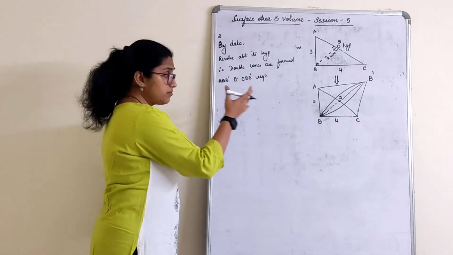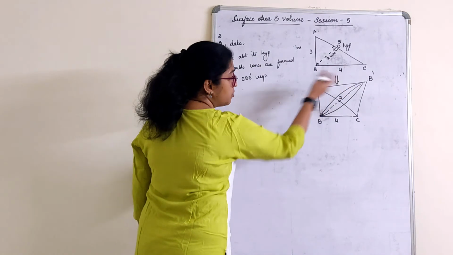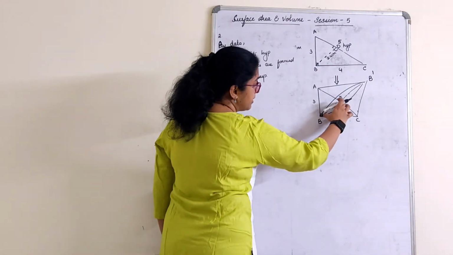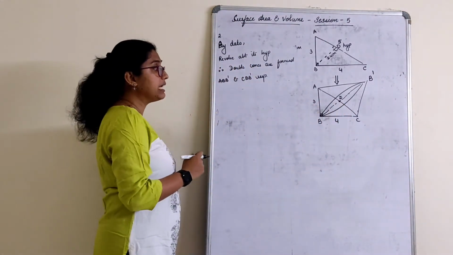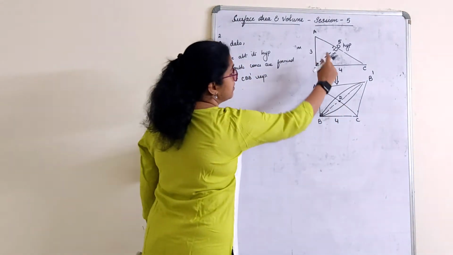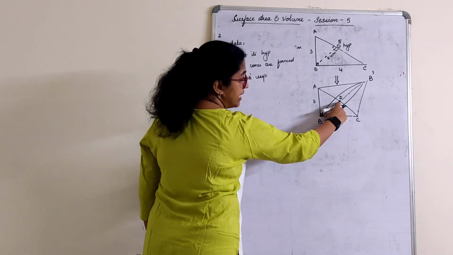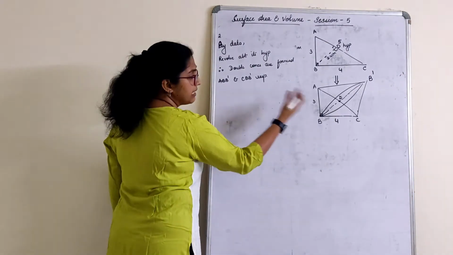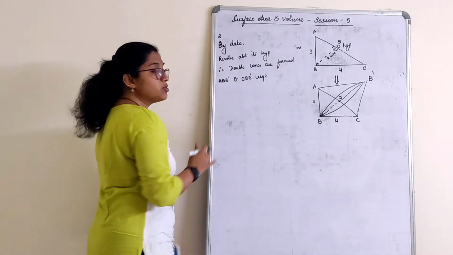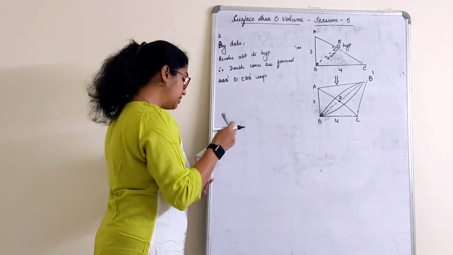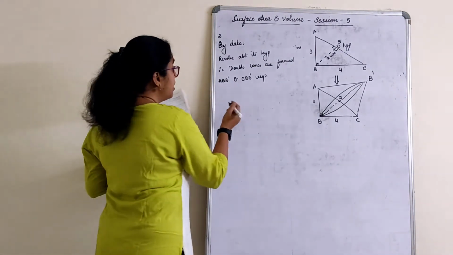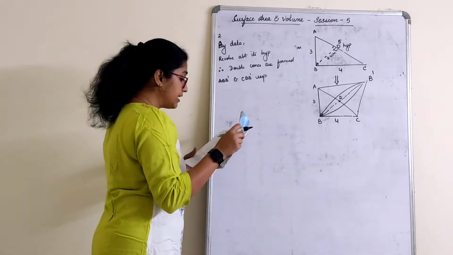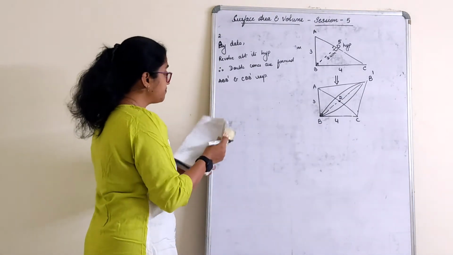When I talk about the first cone and second cone, I know the radius part here. BD we know. What is BD? BD is nothing but the height we have found out, right? Let us use that later whenever required. If this is very clear, let's proceed with the next part of the sum. What is the question now? Find the volume and surface area of the double cone so formed.